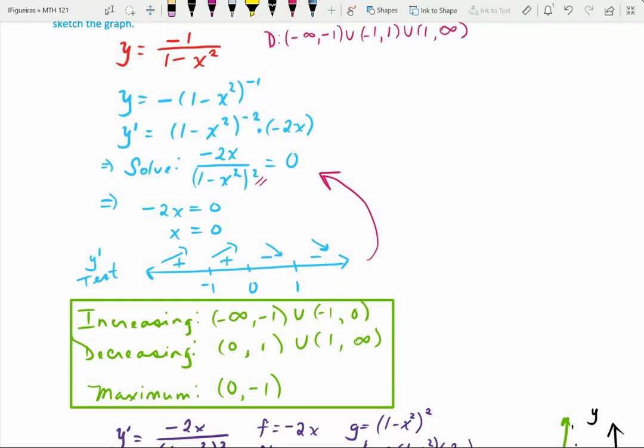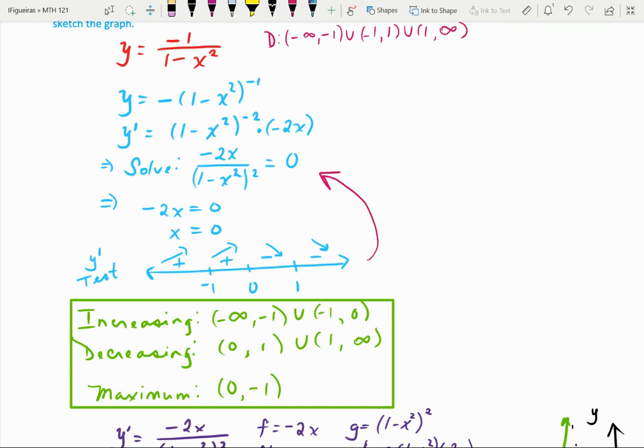Then we pick a number between -1 and 0, such as -0.5. Again, if you plug it into y prime, you get a positive result as well. It means the function is also increasing. Now we pick a number between 0 and 1. Again, pick anything you want. You could pick a half, a third, 2/5, it doesn't matter. If you plug it into the first derivative, you'll get a negative result. And if you pick something greater than 1, you also get a negative result, which means that the function is